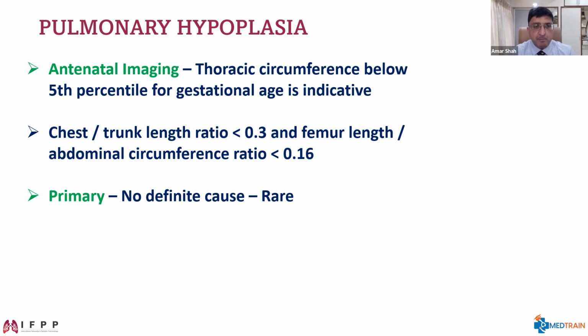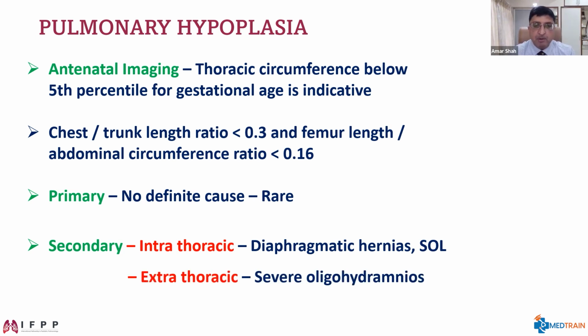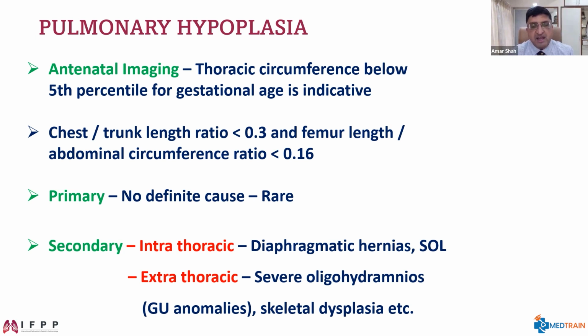It can be either primary or secondary. Primary when there is no definite cause for it, or secondary when there are intrathoracic lesions like diaphragmatic hernias or space-occupying lesions inside the chest, or extrathoracic problems like severe oligohydramnios, which may be seen in genitourinary anomalies or skeletal